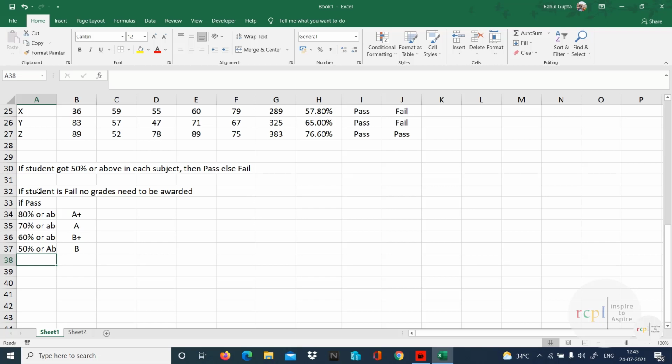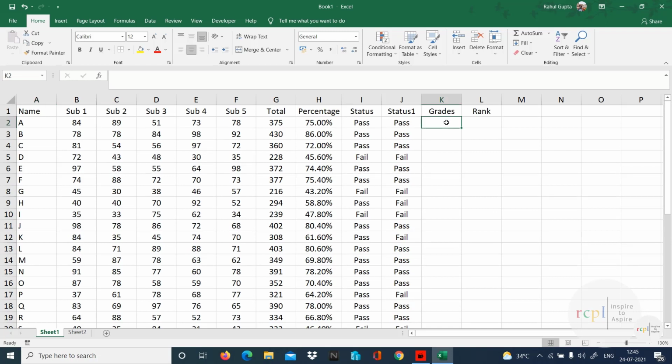So now in this case, we have to use multi-level if, or I used to say nested if. So we have to use nested if or multiple if. So what is nested if? We are going to check a logic test. If the value is true, we type the value. But if false, we again check a logic. Again, if true, we type a value. Again, in the case of false, we again check with if a logic. So this is the kind of thing which we have to do.